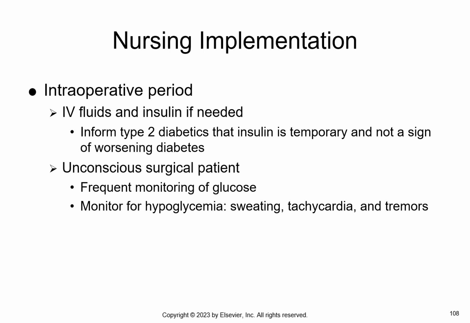The patient receives IV fluids and insulin if needed just before, during, and after surgery when there's no oral intake. Explain to the patient with diabetes 2 who has been taking OAs that this is a temporary measure, not a